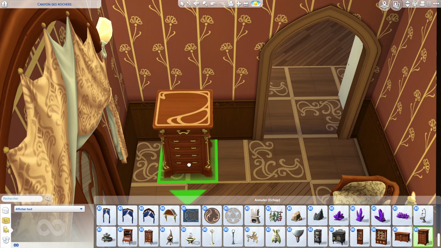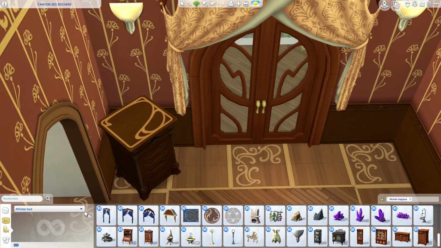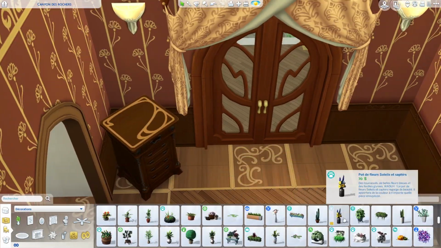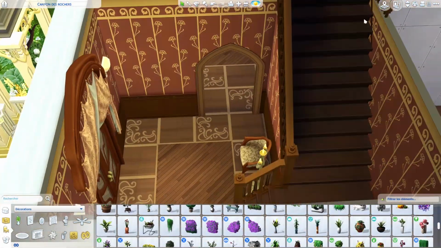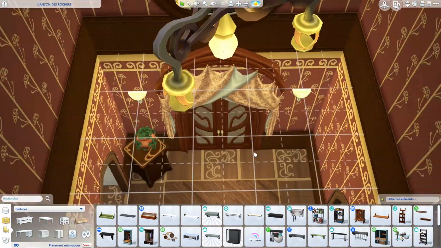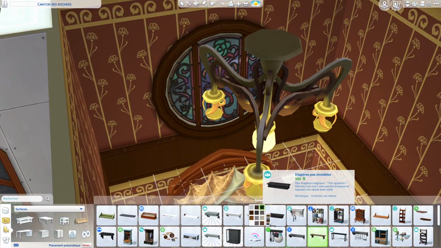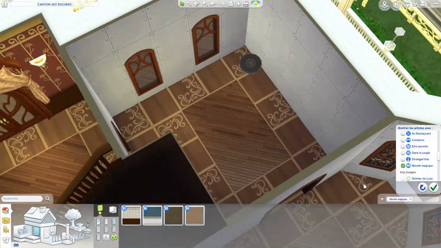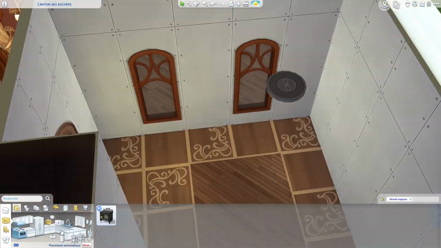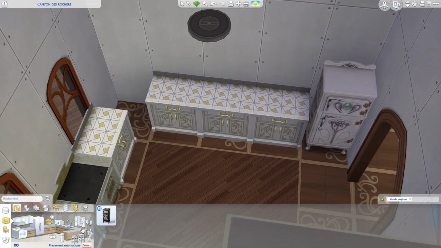So yes, I really like it. This Art Nouveau style can also be seen in the floor and the walls, but also in the furniture. We have new sofas, armchairs, cupboards, paintings, chandeliers, lightings, fireplace, and of course some magical stuff like a big cauldron. Oh yes, we also have new libraries